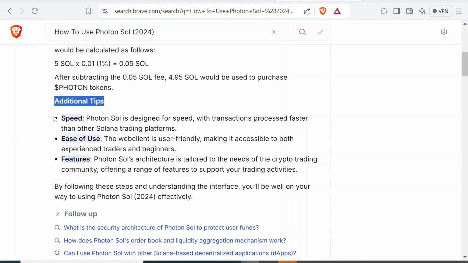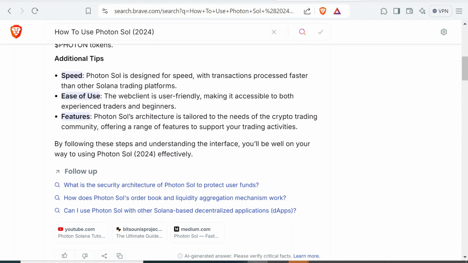Additional tips. Speed: Photon Sol is designed to be the fastest among the Solana trading platforms. Ease of use: the web client is user-friendly, making it accessible to both experienced traders and beginners. Features: Photon Sol's architecture is tailored to the needs of the crypto trading community, offering a range of features to